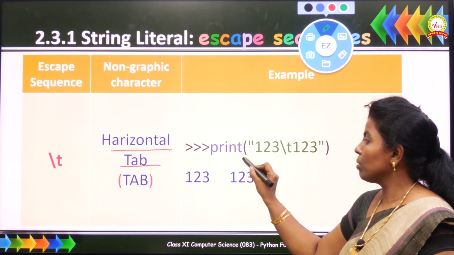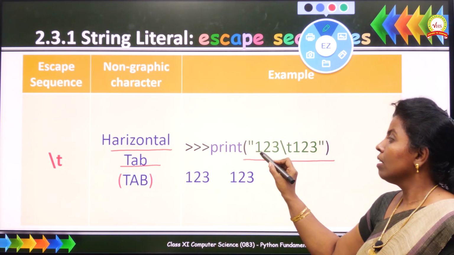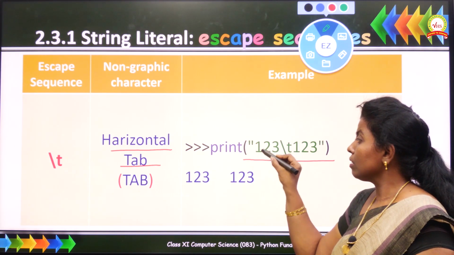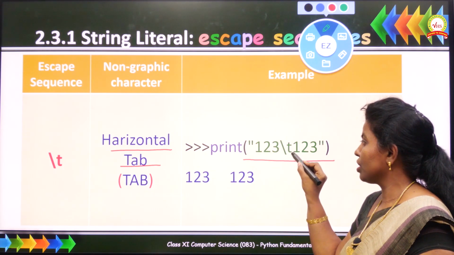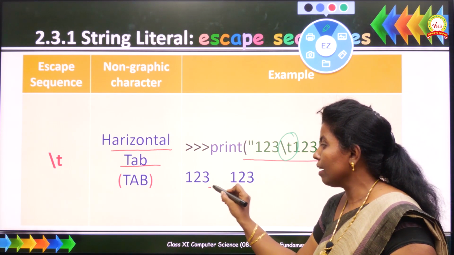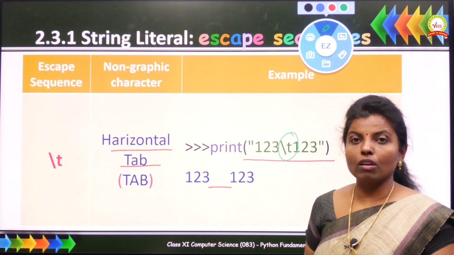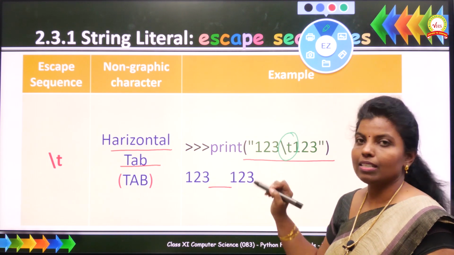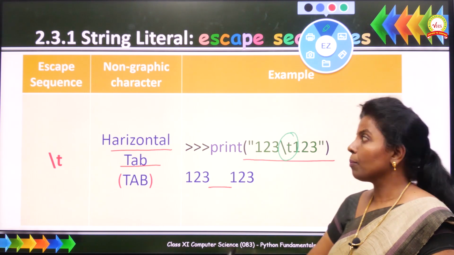So here in your example, you can just see there is a print statement which begins with a double quote and ends with a double quote, and here number 1, 2, 3 with \t has been given. Where \t is there, you will be getting an empty space. In Python, 4 character spaces are tab spaces. So you have got 4 character spaces over here. So this is the purpose of